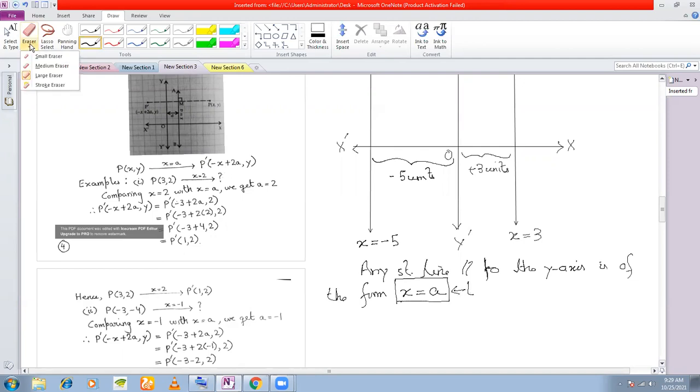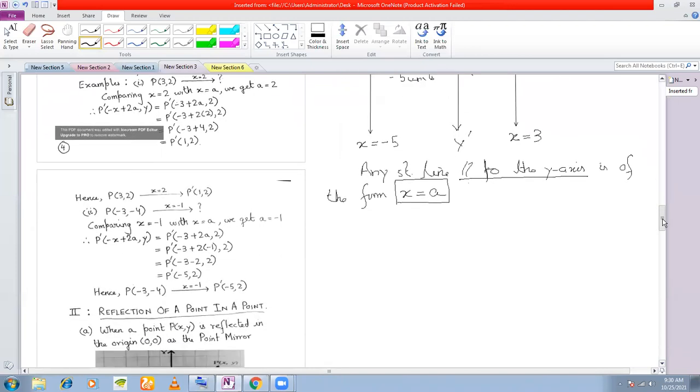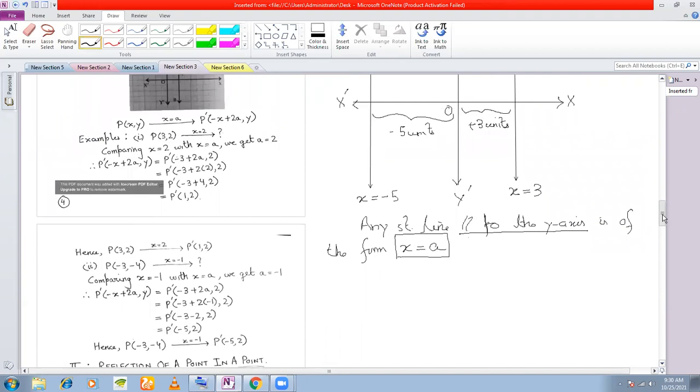So if I give you the equation of a line, x is equal to -3/2, immediately you know that this is a line that is parallel to the y-axis because of its form. x is equal to something means parallel to the y-axis. The concept of a reflection will remain exactly the same, except that in this case the coordinate that changes is different. In this case, we only change the x coordinate.